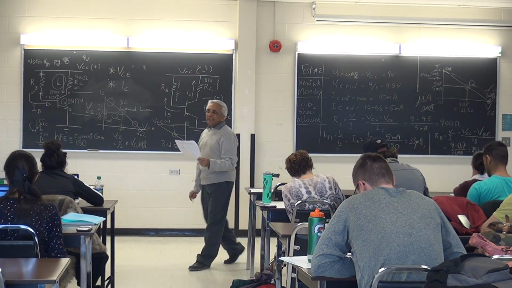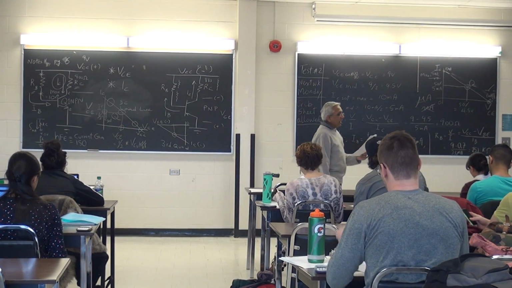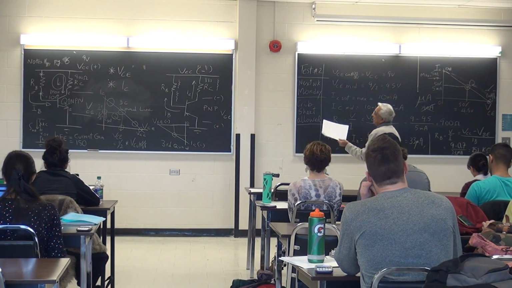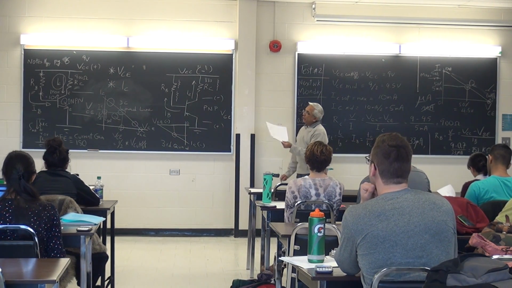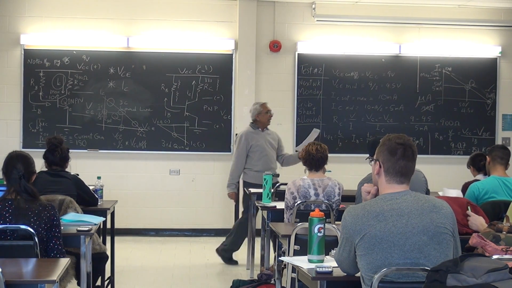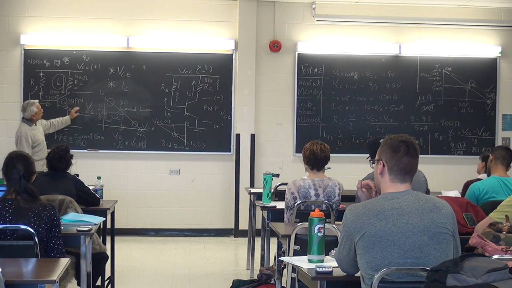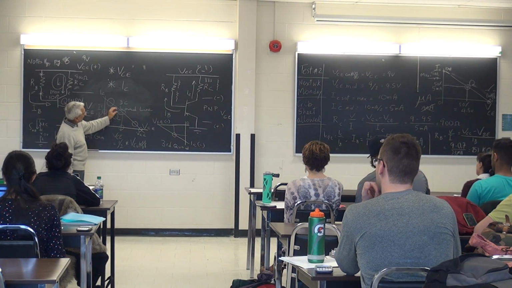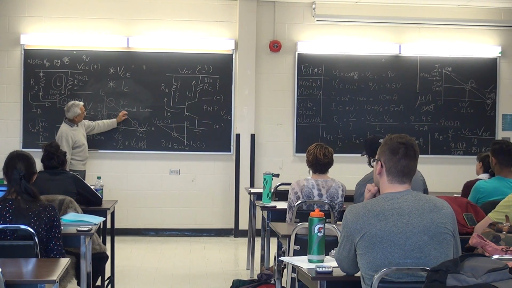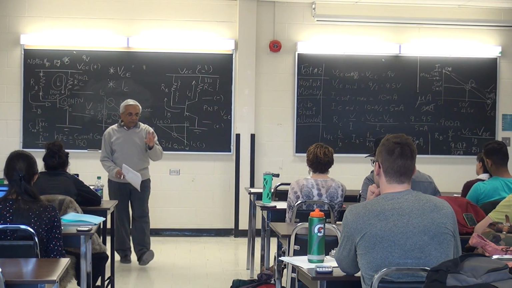Page 9. Disadvantage of base bias circuit. What we're saying there is that with this base bias circuit, anytime that you have some temperature change, this circuit is very sensitive to temperature. So a little bit of an increase in temperature and your Q point will start shifting a little bit. Okay? So IC will change, VCE will change, and that's not good when it comes to the amplification of a